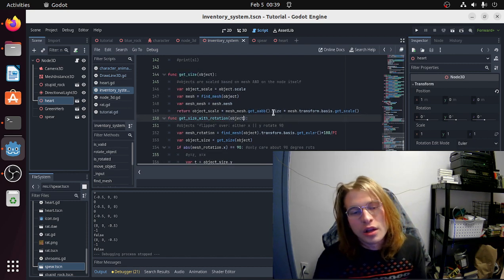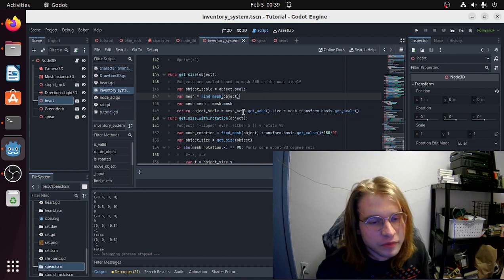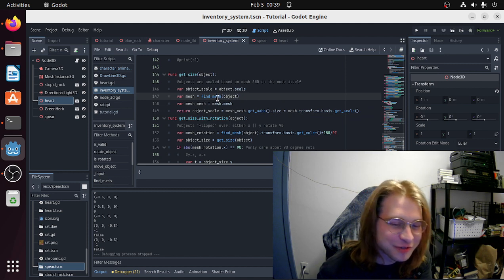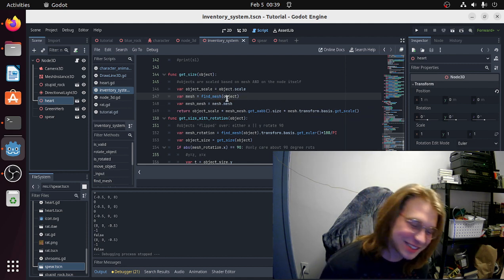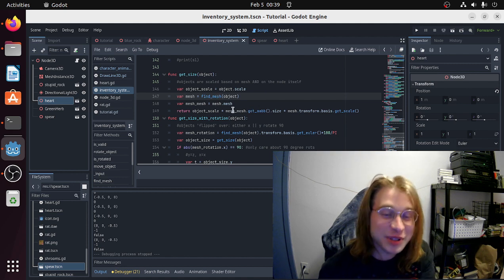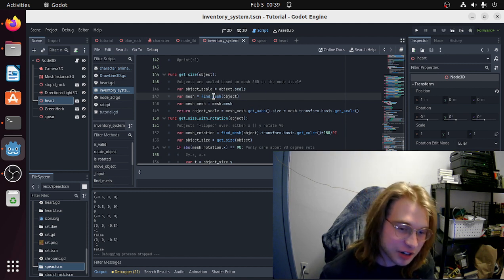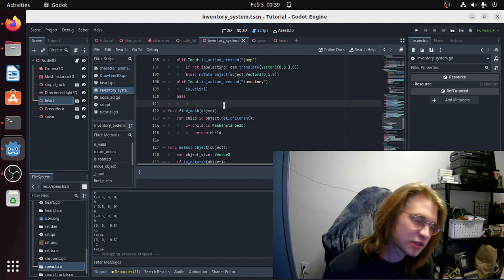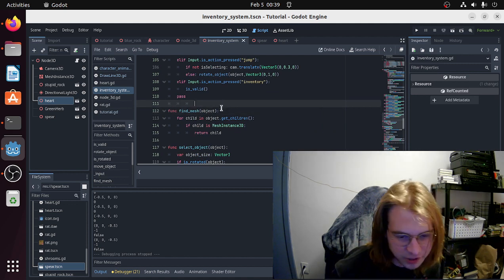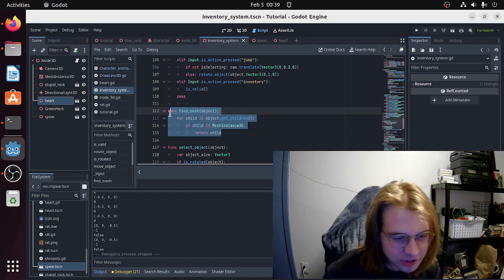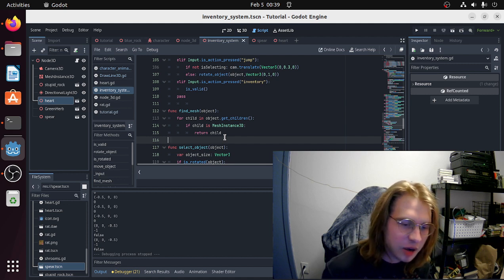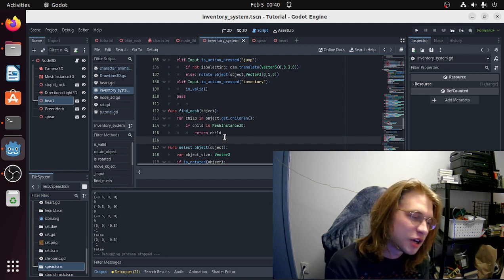That's pretty much all I have to say about that. Of course, find_mesh isn't a built-in function, so please don't just copy and paste this. I mean, do please copy and paste this, but you're going to have to implement the find_mesh function because this is not built in. This is what find_mesh is, and I know there's probably an easier implementation out there, but this is simply finding a MeshInstance3D object that's a child of the object